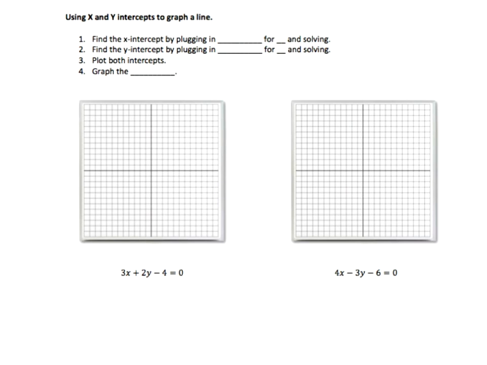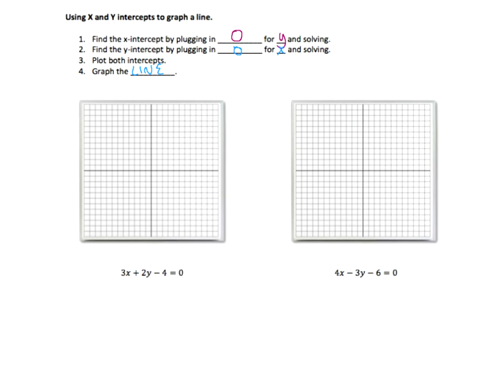Okay? Intercepts. We've already talked about how to find intercepts. To find an x-intercept, you're going to plug in 0 for y. So you're always plugging in 0 for the opposite one that you're looking for. And for a y-intercept, you're going to plug in 0 for x. That gives you 2 points, and so you can graph your line. Plot both points, graph the line.